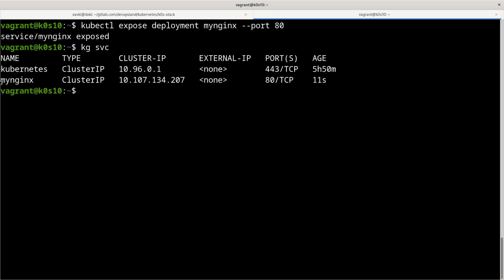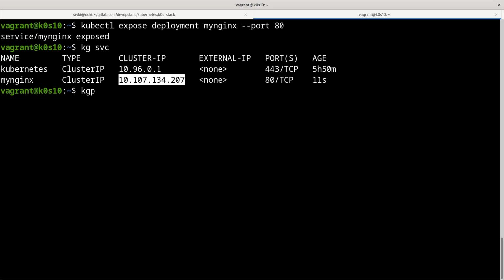You can see here that we have a my Nginx service. The type of this service is ClusterIP. We will see later each kind of service. And of course, we have an IP, and this is another subnet of our pod network.